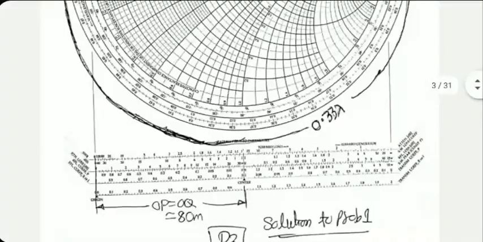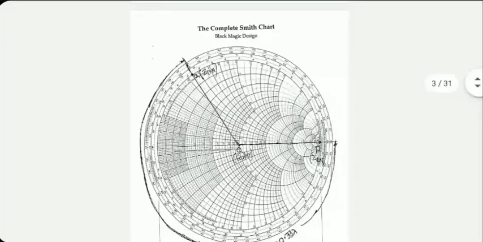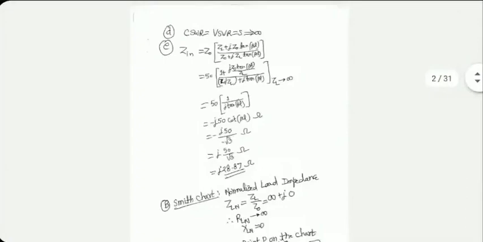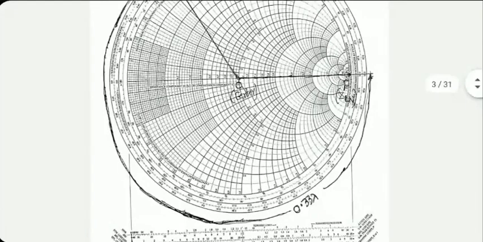Okay. Now reflection coefficient at the input end. For that, you need to figure out the L by lambda value, which we have figured out as 1/3 already. L divided by lambda is 1/3, right? So from the point P, you move towards the generator because you want to go to the input, and the direction is clockwise. It is mentioned on the chart also that if you want to go towards the generator, you move clockwise. At the outermost periphery, you see L by lambda values.